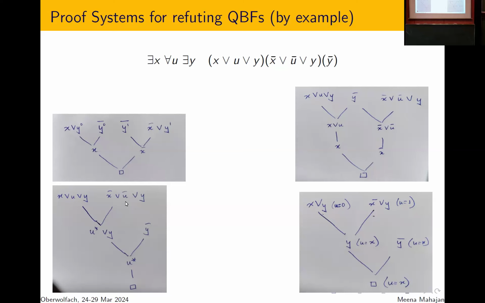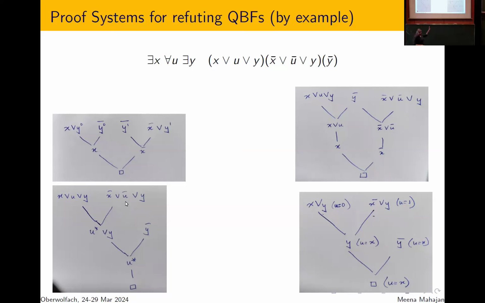And now the context is that this is useful when the value of u is 0 from the left or 1 from the right. In other words, I now have a non-constant function. U is equal to x. So this non-constant function that I've generated on the right is like the u star which is there on the left. But it is in some sense more general because on the left, u star just says non-constant, whereas on the right, I can even specify which non-constant function it is. Here it depends on one variable, it could be much more complex.